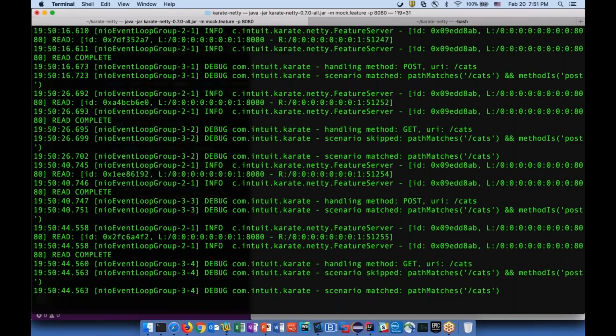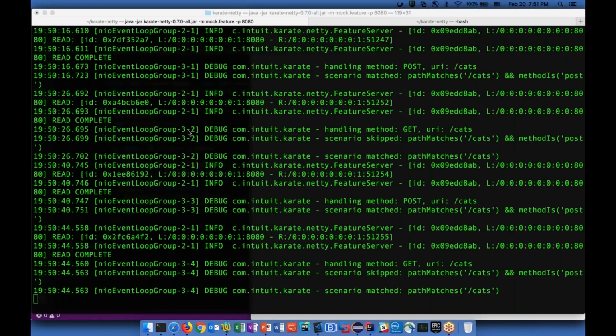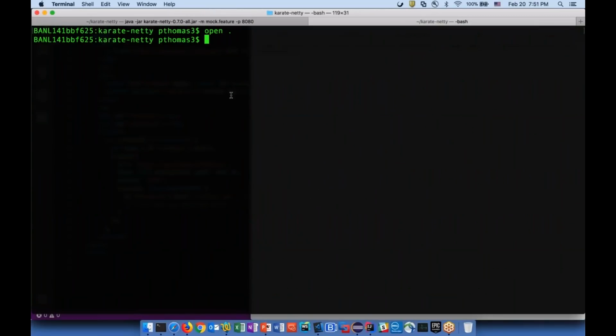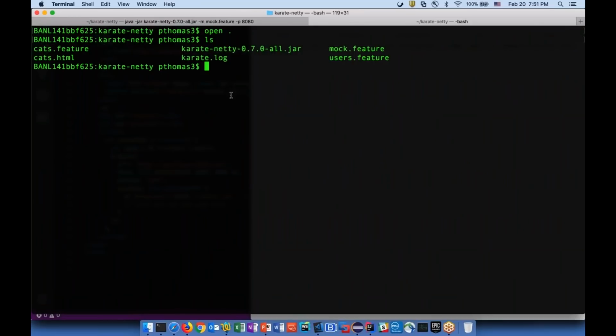Of course, this example used the standalone jar. This is all available via Java API. You can import this as a Maven library. You can just spin up. It's got the capability to use a dynamic port, so you don't need to worry about ports being blocked. It will use a random port and all that. So it's pretty cool that way. A couple more things I want to call out is I can run a test from the command line. There happens to be a file which is an actual Karate test, so I can even run that.